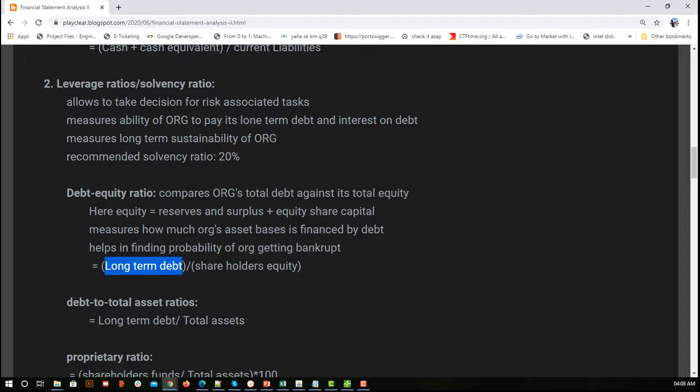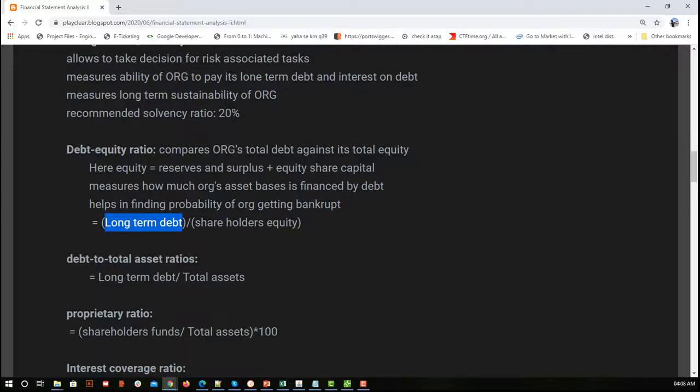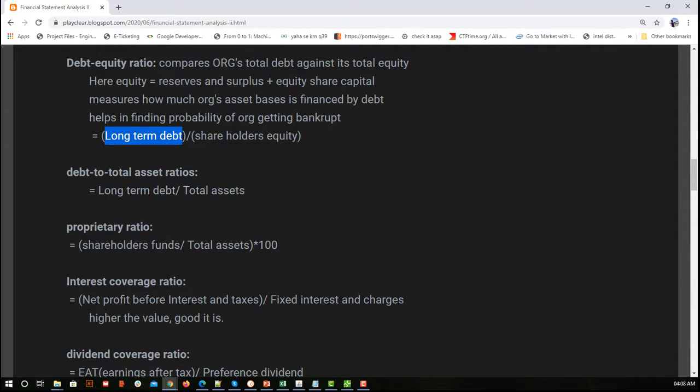So it is advisable that the percentage of the amount that we borrowed from our total capital should be as low as possible. Because if the money is the company's own money, then that is good for the organization, right? So the higher value means more borrowing, which is bad for the company. Now, debt to total assets, which is nothing but long-term debt to total assets. Based on this output, we can say how financially stable a company is.